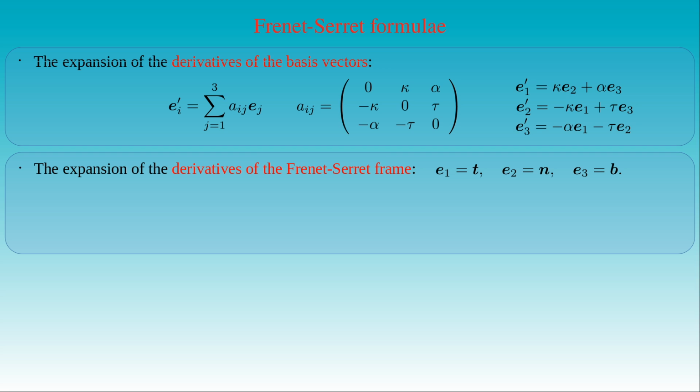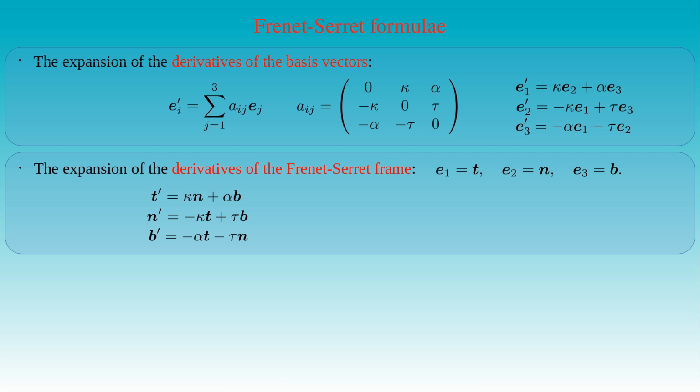The derivative of the tangent t is equal to kappa times the normal n, plus alpha times the binormal b. The derivative of the normal n is equal to minus kappa times the tangent t, plus tau times the binormal b. And the derivative of the binormal b is equal to minus alpha times the tangent t, minus tau times